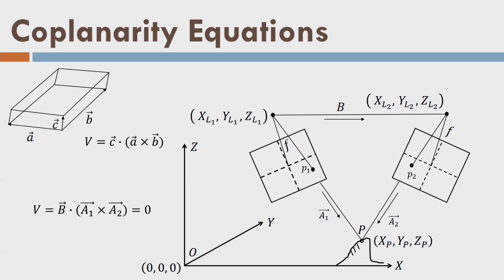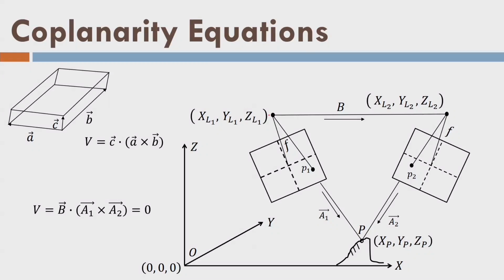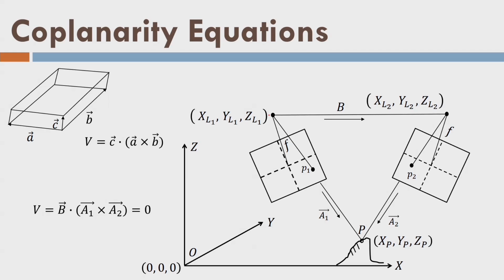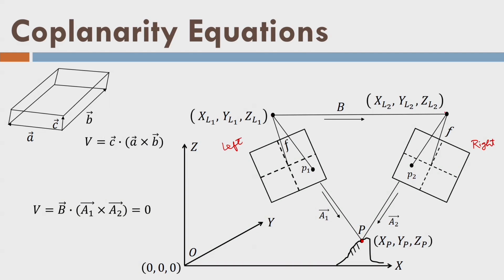So, one more condition is possible now, the coplanarity equation. Let us imagine that we have acquired 2 images, that means a stereo pair. So, this is the image, let us say left image here, and this right image here, and this is the point P here on the ground surface, and it is being imaged at points P1 and P2. That means point P is coming in both images. It is imaged in both images. So, what is the distance between the two exposure stations? Let us call this L2 and this is L1 station. So, these are the coordinates here.